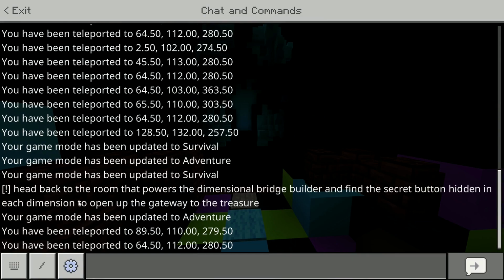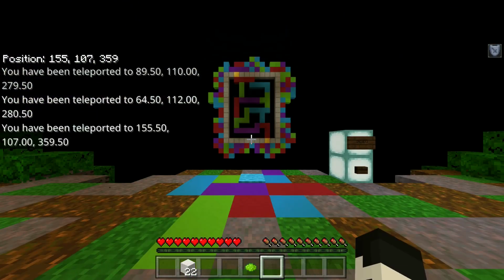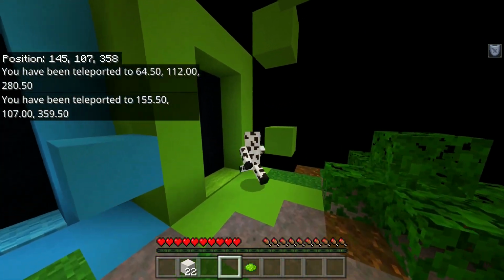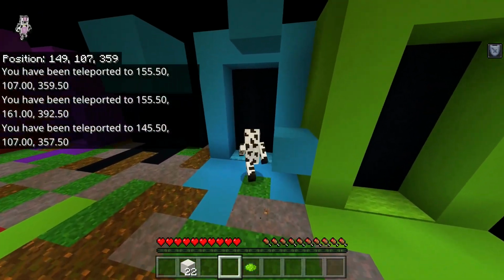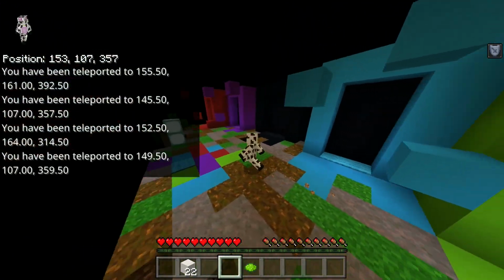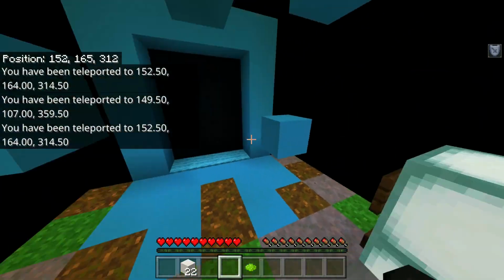Now I think it said a message. Yep, head back to the room that powers the dimensional bridge builder and find the secret button hidden in each dimension to open up the gateway to the treasure. So what that means is we're going to go back and use this button one more time. And now what changed is each of these little rooms here are now going to have a button hidden in them. We're just going to go ahead and look for each room, each button. Each room only has one button, so...